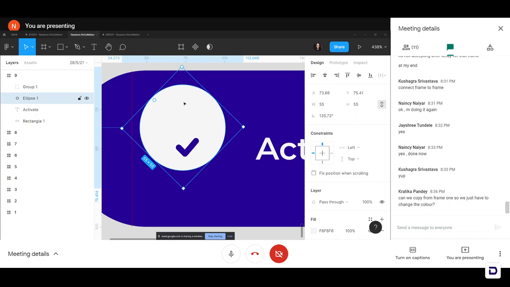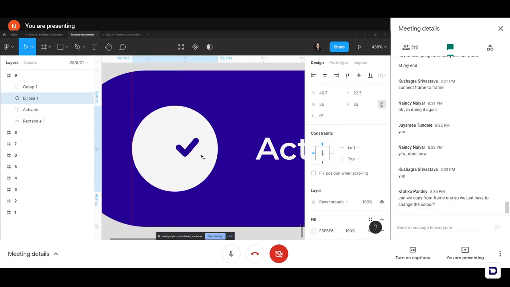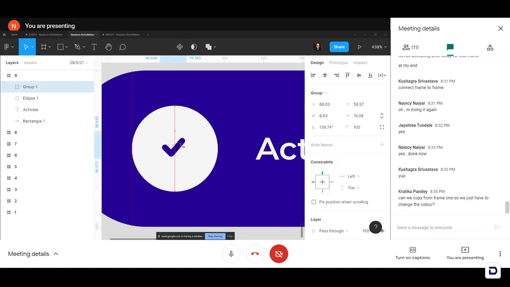Once we've done that, we will center it with respect to our rectangle and rotate it and make sure that it sticks to our little margins that we made on the left side. And let's select our tick mark and also drag it to the center.